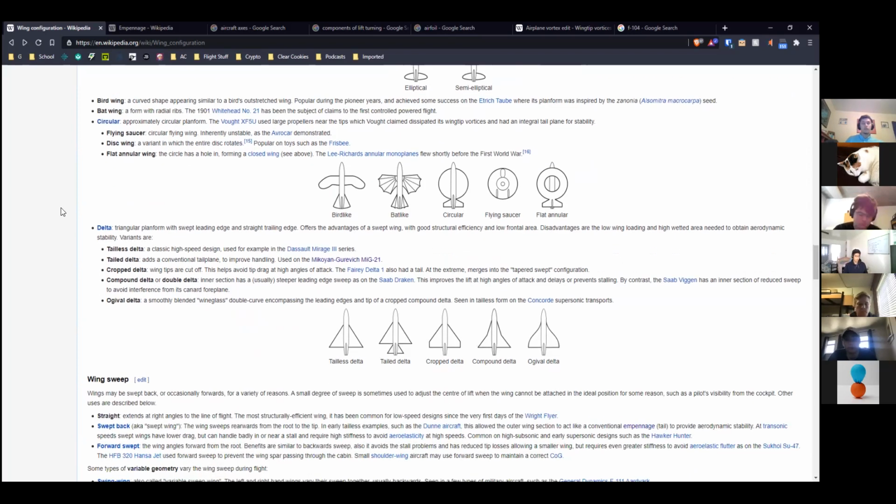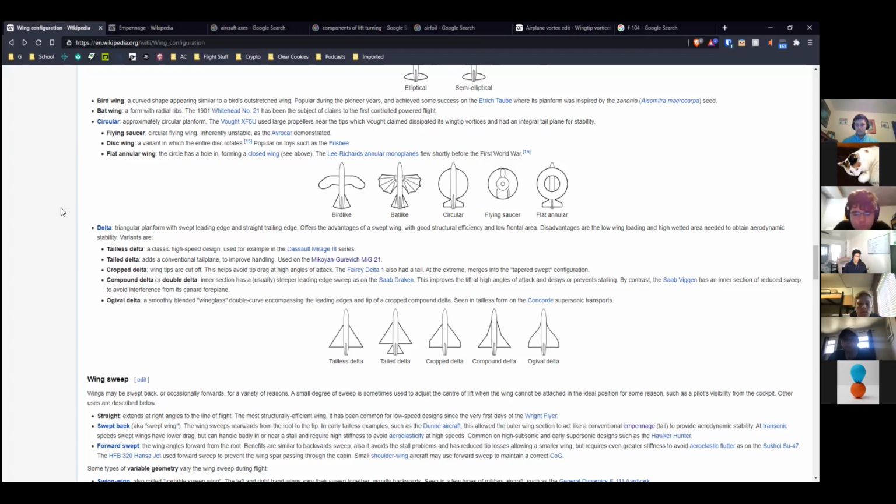Okay, deltas are very popular because they basically have built-in sweep, which we're going to talk about next. So they're good for going fast. They have a good balance of low speed lift and high speed lack of drag. But a lot of their benefits don't apply at the speeds we fly at. So it's usually not really necessary for us to use a delta wing, and on the contrary, we're usually giving up performance if we go with a delta,